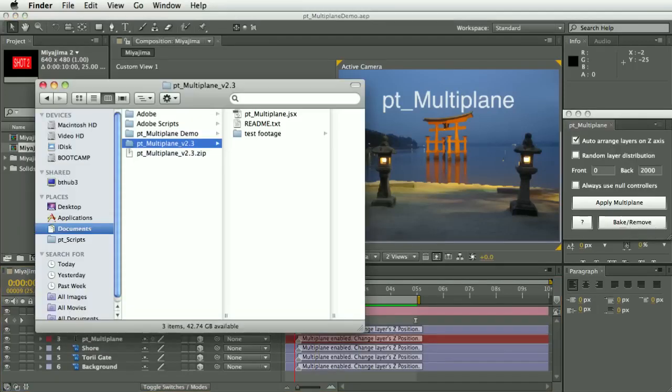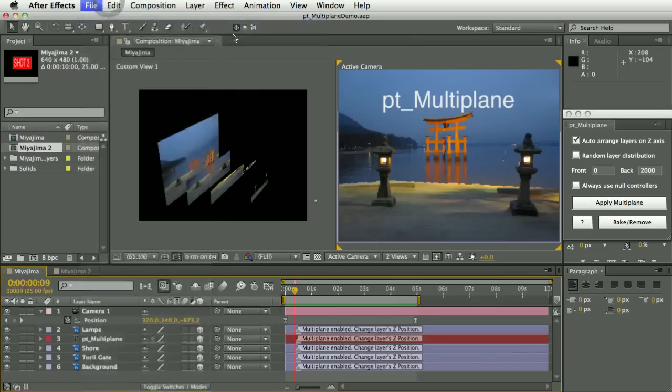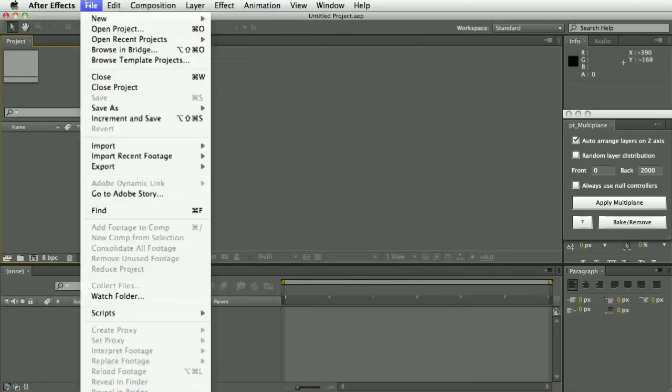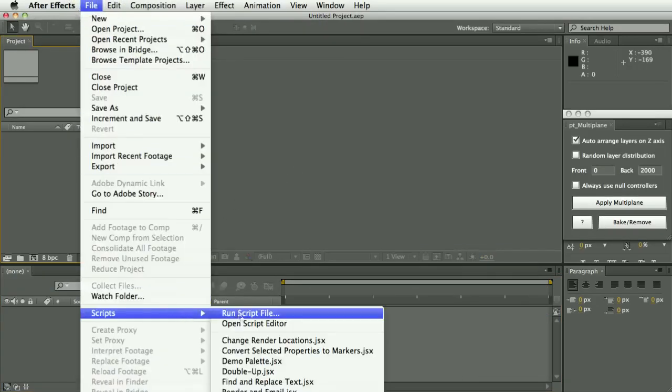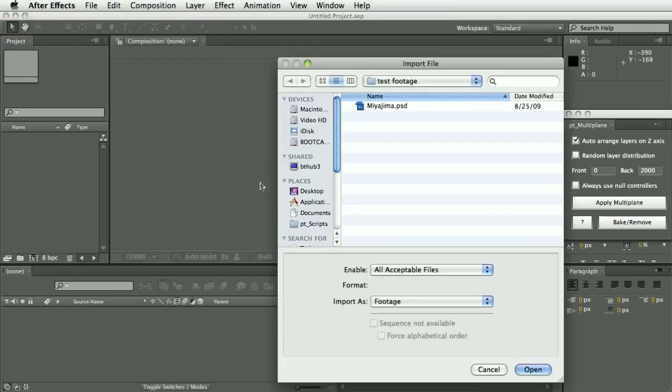Also included with the script is some test footage, a piece of layered artwork which we're going to use in this demo. Let's create a new project and import that. So this is a layered Photoshop file. This also works well with layered Illustrator files, but also it works with text and shape layers in After Effects